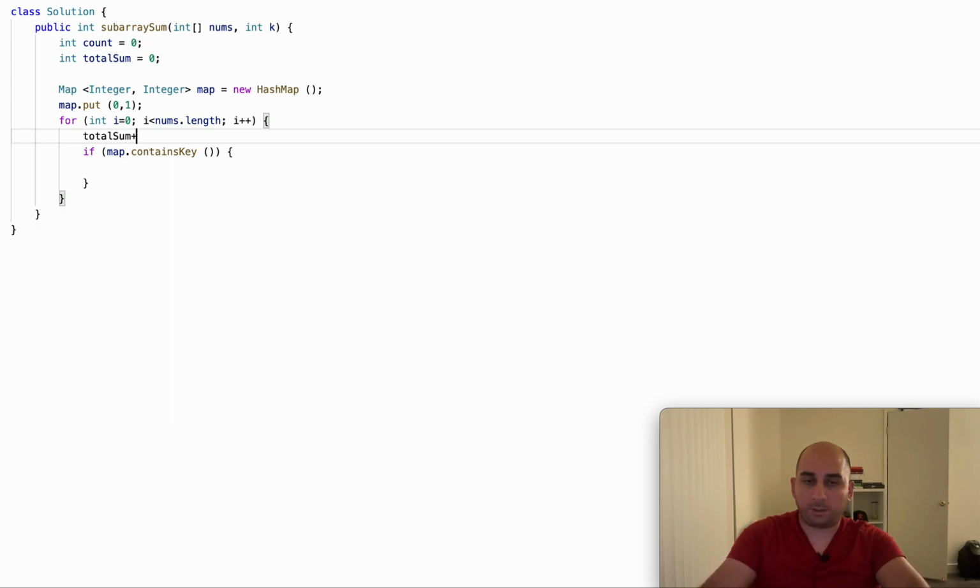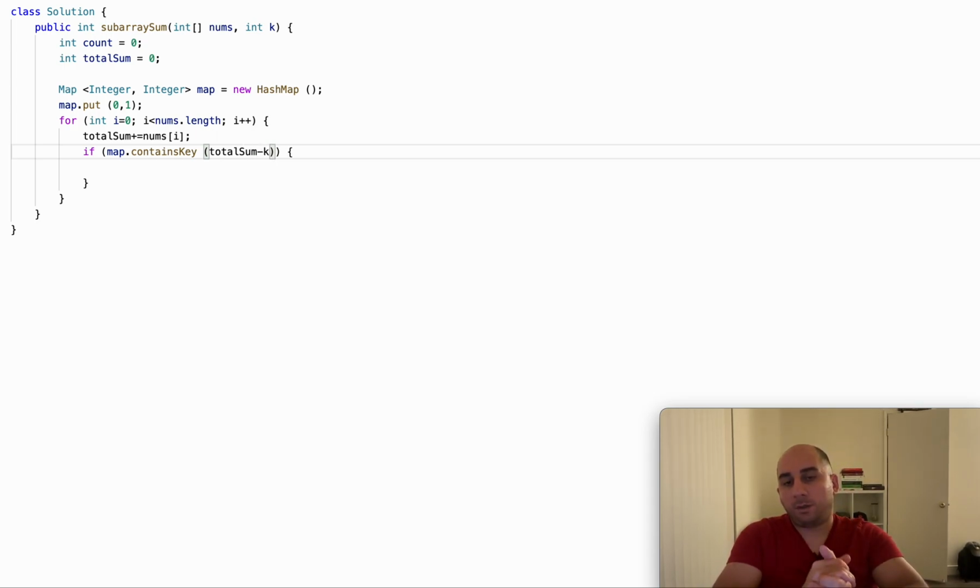We are adding our value at the time, nums[i]. Then if our total sum minus k, if map contains it, so total sum minus k, then what we are going to do,